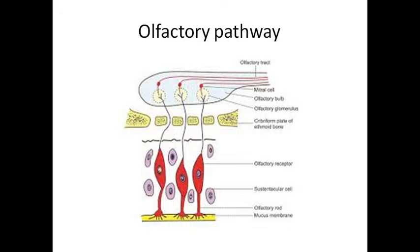and they reach the olfactory bulb. In the olfactory bulb, they end in olfactory glomeruli. These olfactory glomeruli receive dendrites of mitral and tufted cells. Mitral and tufted cells are the second order neurons, and the axons of mitral and tufted cells form the olfactory tract. From the olfactory tract, the fibers go to the olfactory nuclei